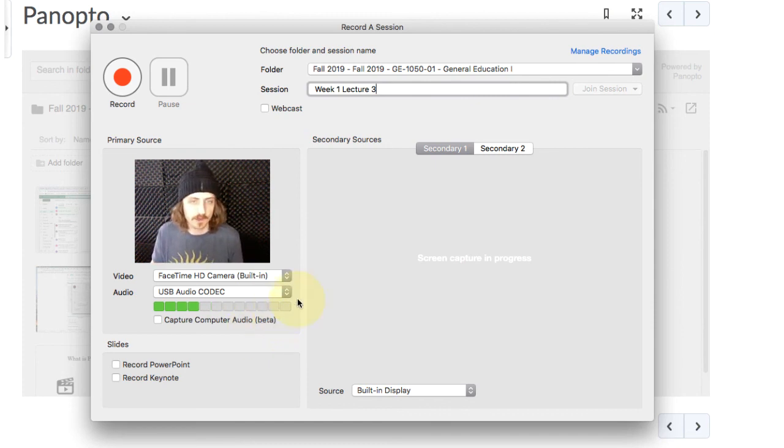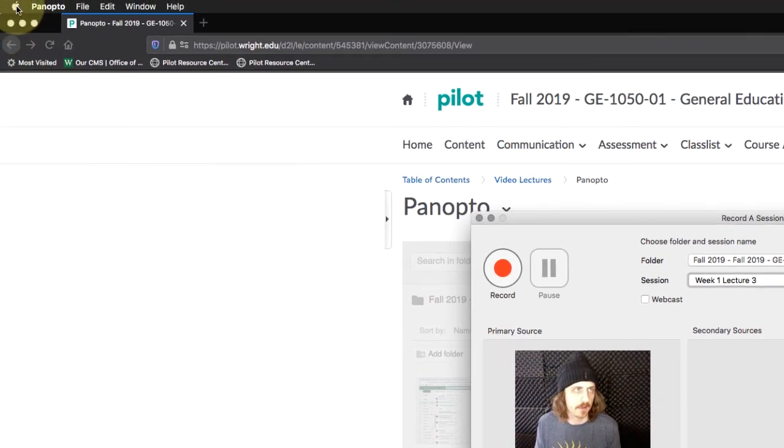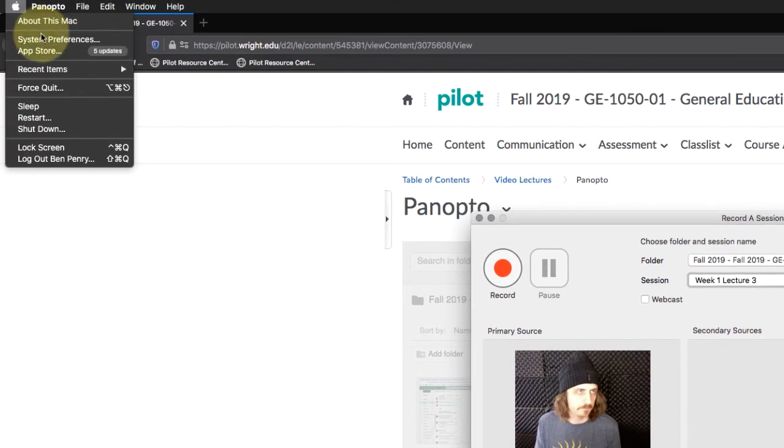If you see it going all the way to the end here into the red, you definitely want to move further away from the mic, or you'll want to change your input settings, because if it's going into the red, it's going to sound distorted and it's going to sound really bad on the student's end when they listen back to the lecture. You can change that input source by clicking on the Apple icon, going to System Preferences,